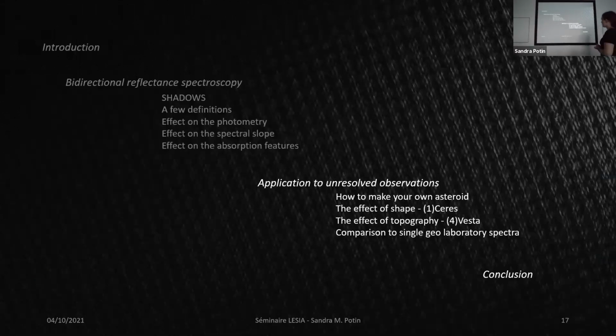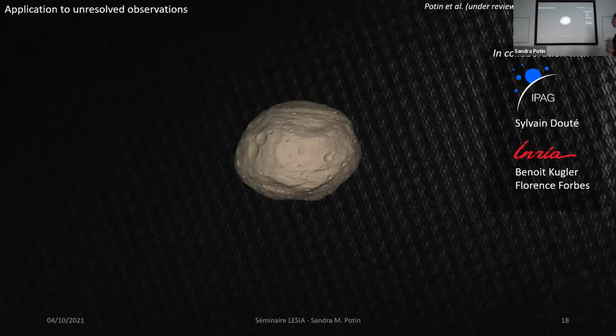And now I suggest a small application. Now that I have presented to you all the effects of geometry on reflectance spectroscopy, let's look at a small asteroid. When we make measurements in the lab, most of the time our sample is flat on the instrument. We make sure that they have a rather homogeneous composition in the area that is observed. We make sure that there aren't big grains that create shadows on their surroundings. We make sure that the texture is roughly the same on the studied area. So we control basically everything about our samples.